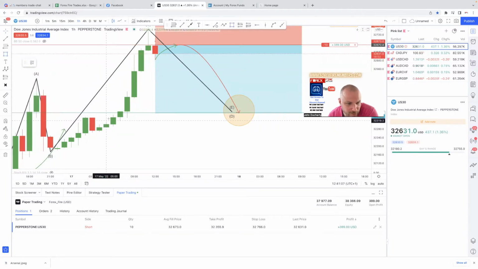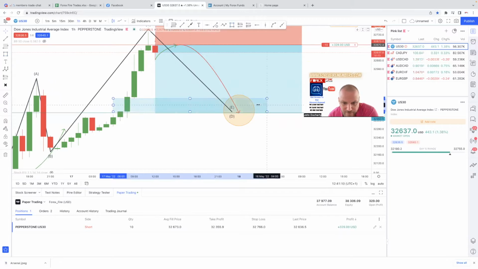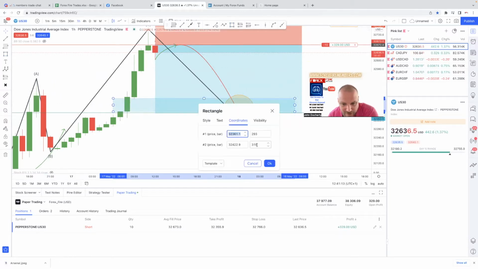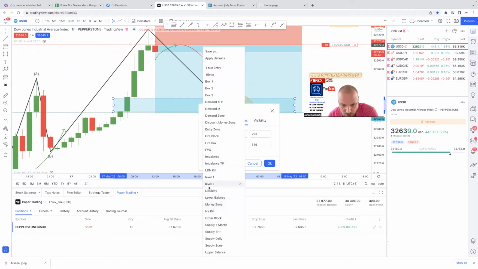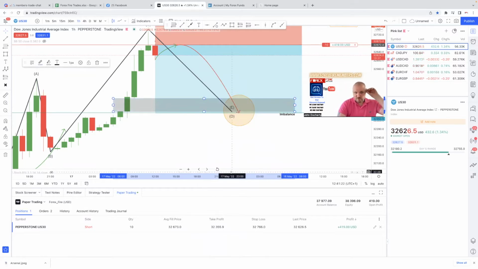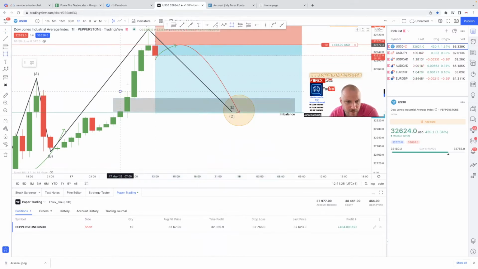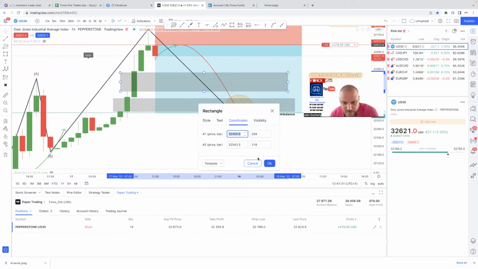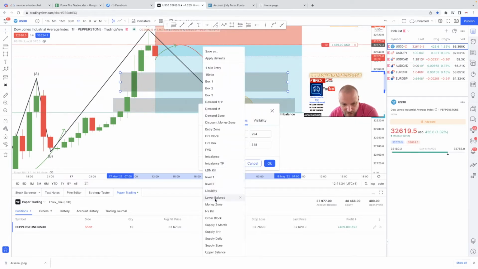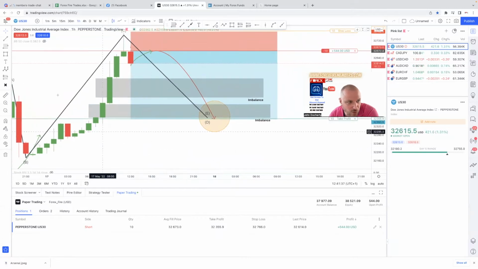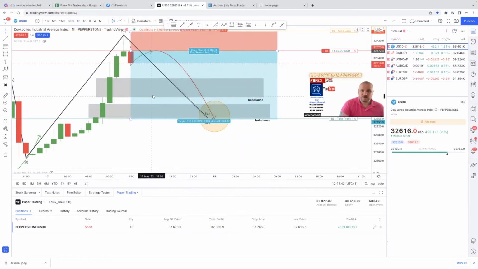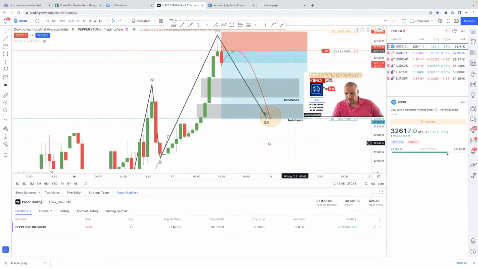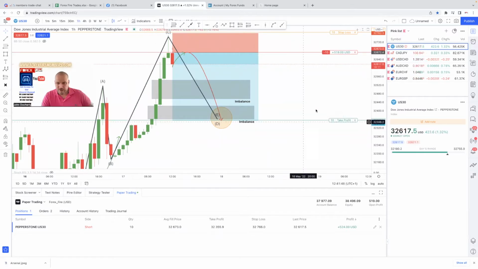Again, if you wanted to mark anything up, between there and there is going to be an imbalanced area. There we are. So there's an imbalanced area there, and we've got imbalance here. This is based on the 1 hour frame, to be honest. So you just put the imbalance on there. So you could quite easily get a push down into one of these areas here, to be fair, before you get another continuation. However, I do think price is going to be coming down at this time,